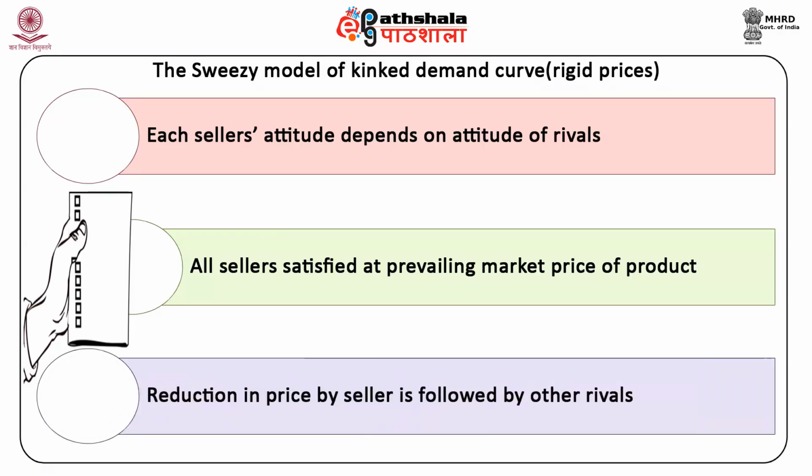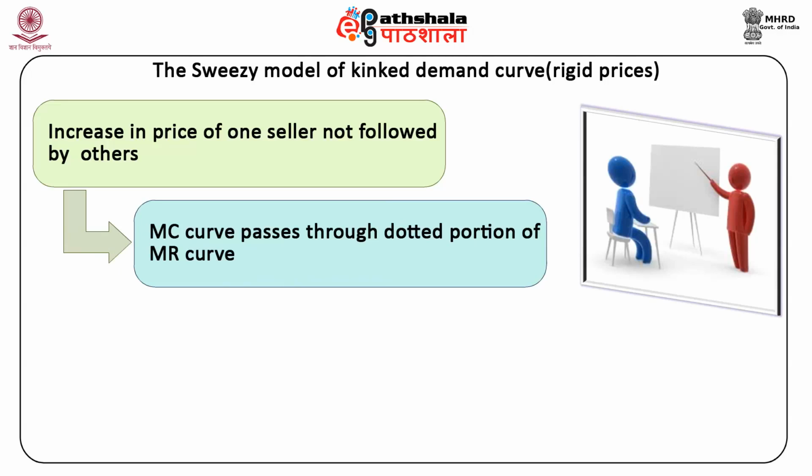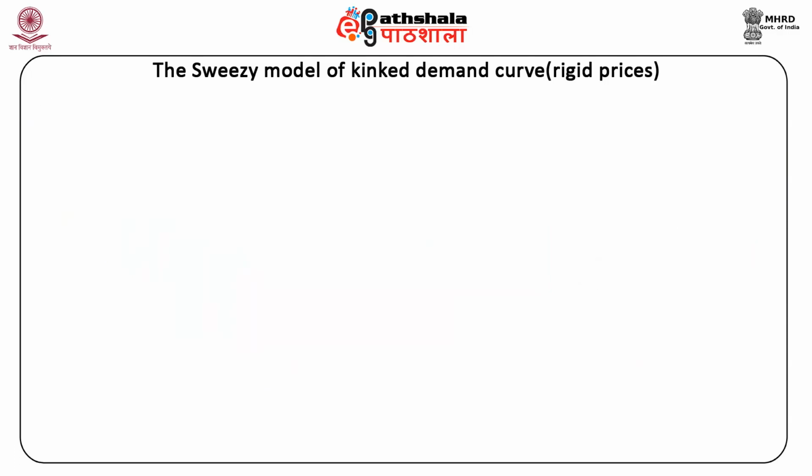A reduction in the price by any seller in order to increase his sales will be followed by the other rivals in terms of reducing their prices as well. An increase in the price of one seller will not be followed by the other sellers, and they will not increase their prices. The marginal cost curve will pass through the dotted portion of the marginal revenue curve, so that even if the marginal cost would change due to any reason, it will not affect the output and price. Given these assumptions, the price-output relationship in the oligopolistic market is elucidated in the figure